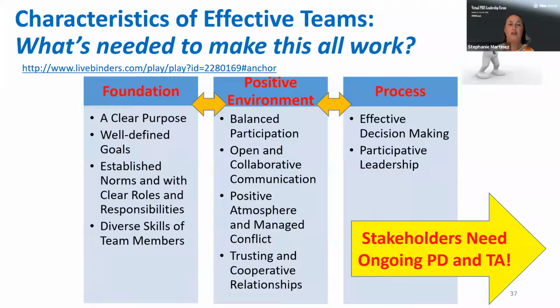We want to make sure that when our team is meeting, there's good open collaboration amongst our team, and what we call balanced participation. So everybody is taking on some tasks and roles. And then making sure that we have a good decision-making process on our team so that if we come across some hurdles, like disagreements, we have decided by consensus how we will overcome those disagreements. I've got some schools who do majority rules.